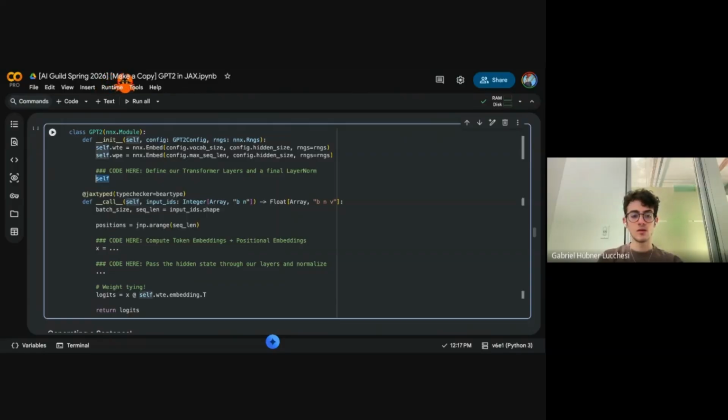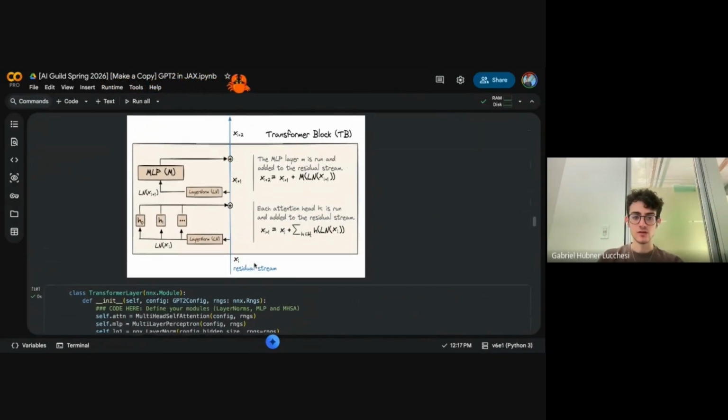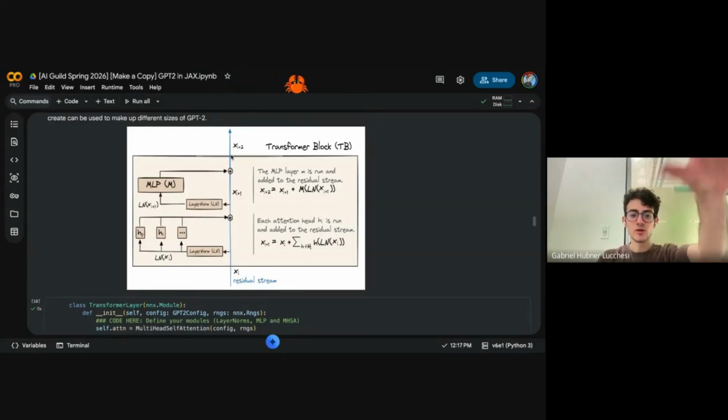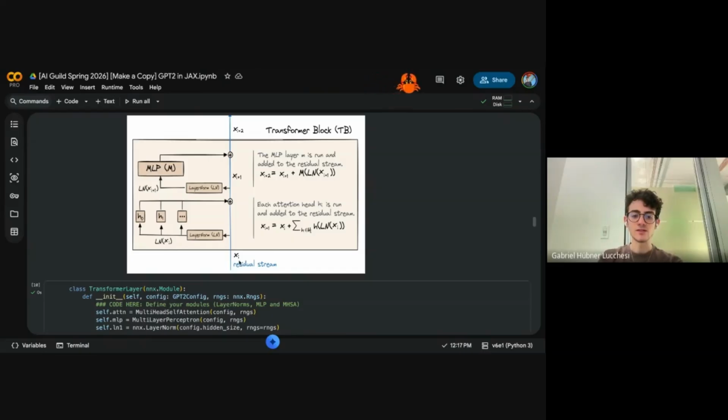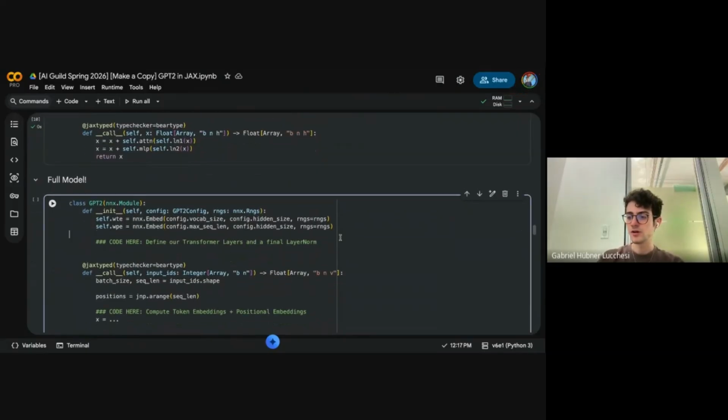So the layers now we're going to define, right? I said there's multiple layers. Every single transformer block is connected to another transformer block, and then we finally have the output at the end. So our residual stream is going to literally loop through all the layers that we have. In fact, we have 12 of them based on our config.